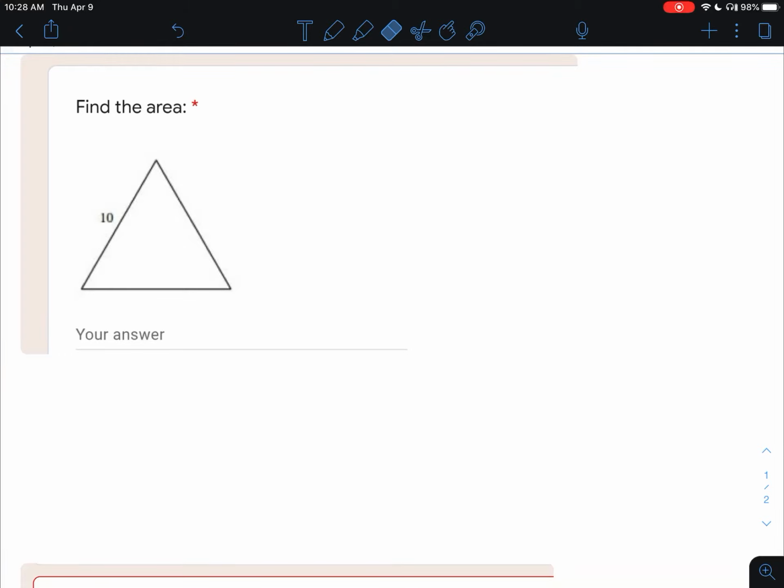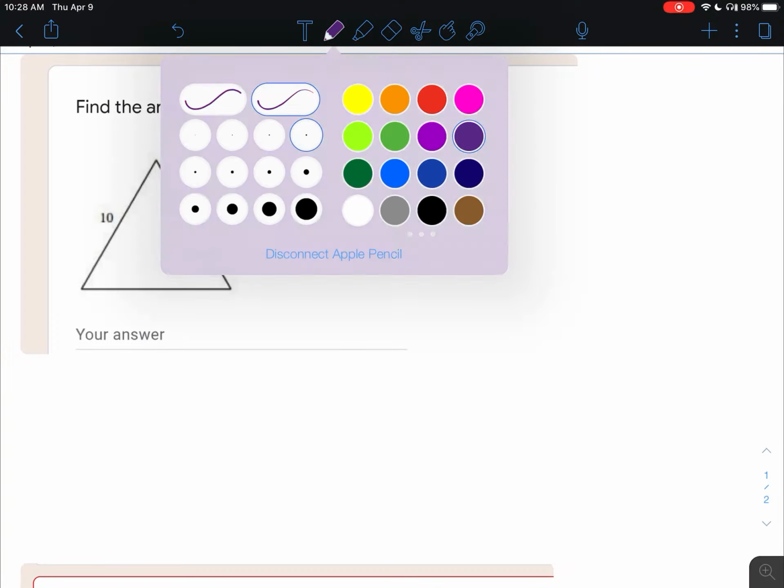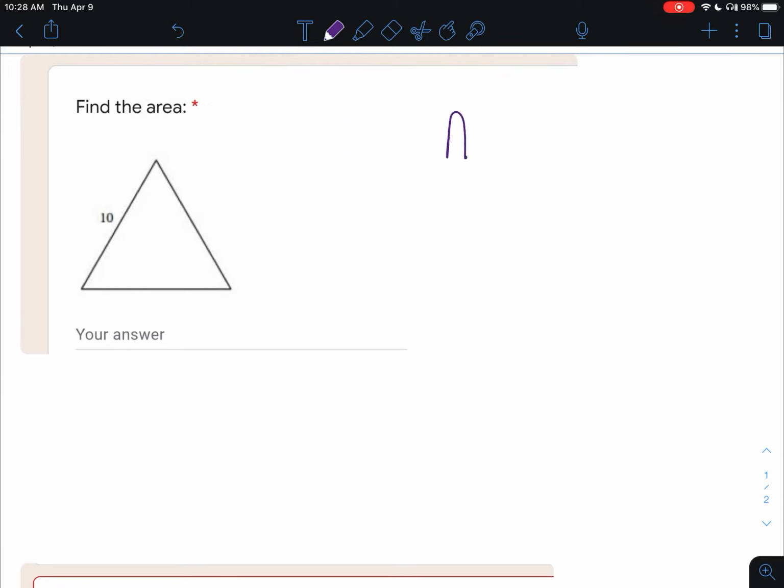All right, so for this particular problem, there's actually two different ways we can go about solving for it. But I'm going to go ahead and use the method that was the new formula that you learned in the video. And that was, of course, the area equals 1/2 the apothem times the perimeter. So to find the apothem, we're going to find our center of our triangle, draw a 90 degree perpendicular line to